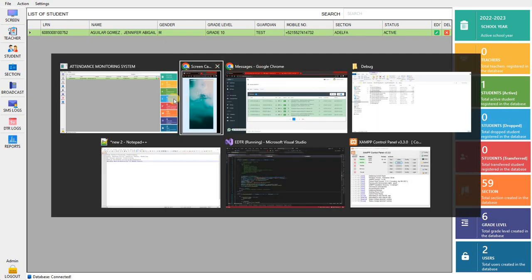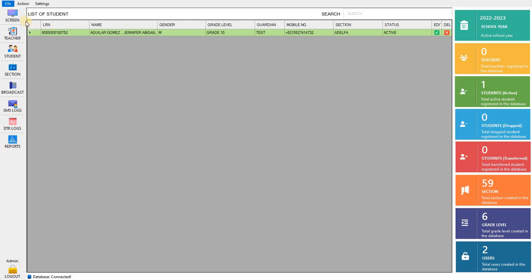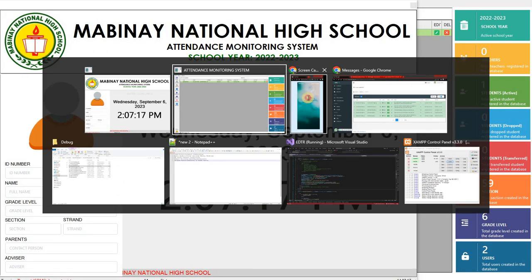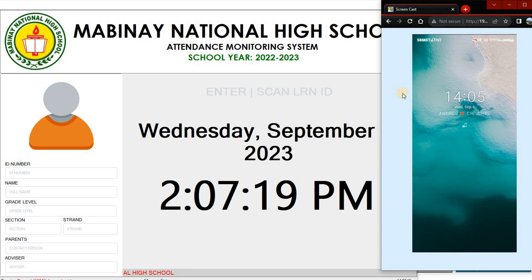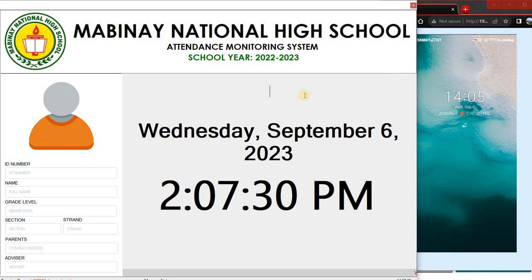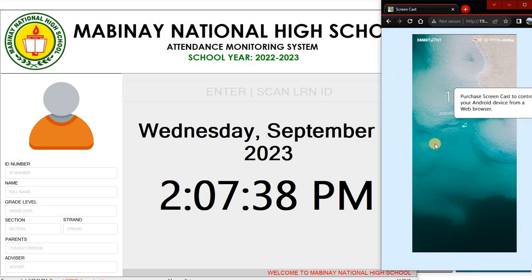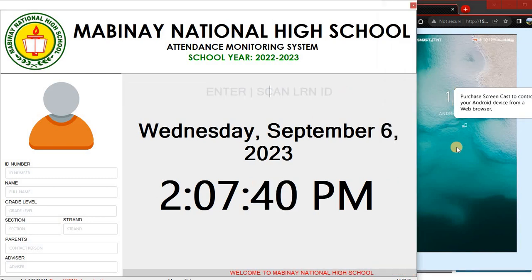So this is the WhatsApp integration. The SMS is working 100% in our country. Then I have integrated the WhatsApp SMS. So I will try to enter the ID number, then the message will come out on the screen. So this is my mobile phone screen.